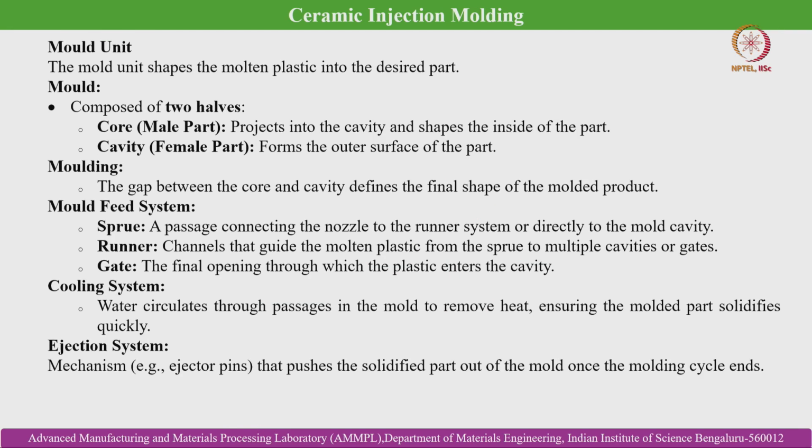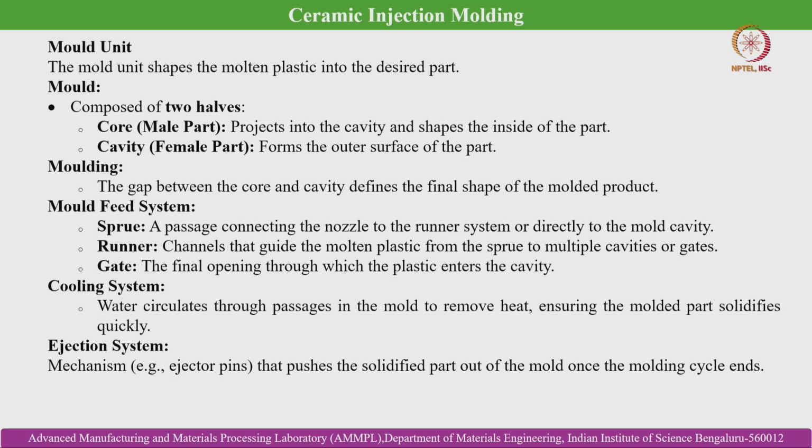Okay. So, the mold unit shapes the molten plastic into the desired part. So, the cavity impression is kept there, from where we get the component with the desired geometrical features, and the mold is composed of two halves. So, the core is the male part, which projects into the die cavity and shapes the inside of the part, and then the cavity is the female part, which forms the outer surface of the part. The gap between the core and the cavity is the region that defines the final shape of